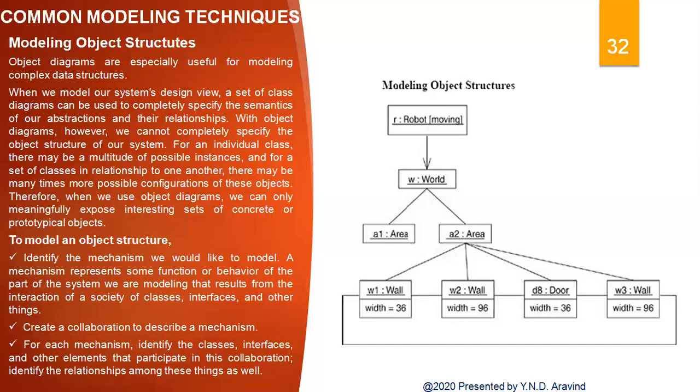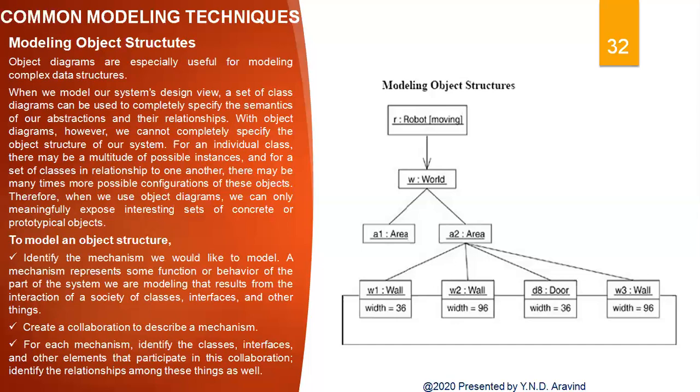For example, this figure shows a set of objects drawn from the implementation of an autonomous robot. It clearly focuses on some of the objects involved in the mechanism used by a robot to calculate the model of the world in which it moves. There are many more objects involved in the running system, but here it mainly focuses on only those abstractions that are directly involved in creating the worldview.